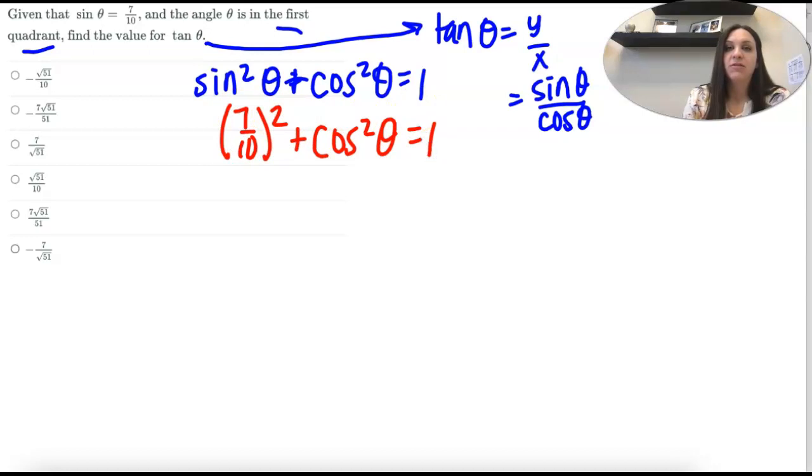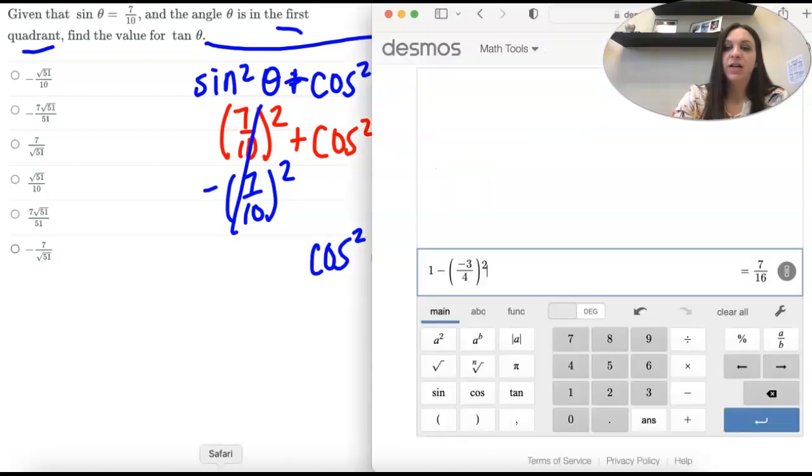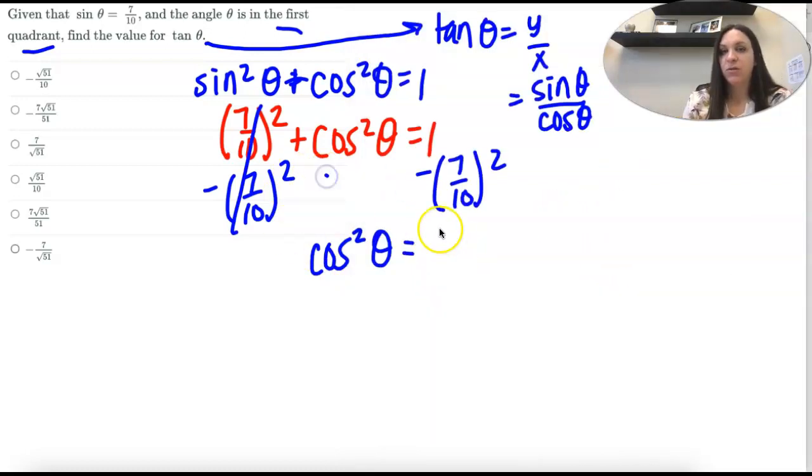And now let's solve. So we're going to keep following the same pattern. I'm going to subtract that value squared to get cosine by itself. And then notice in the calculator, I just changed the numbers because it's the same solving tactic. So I have 51/100,